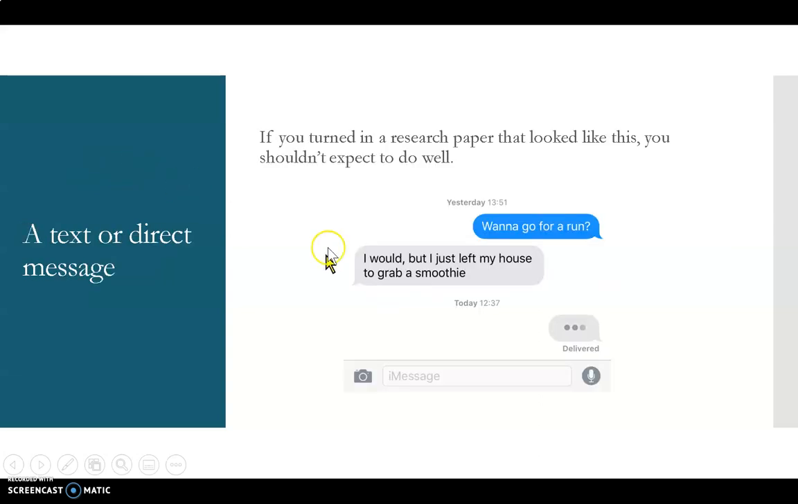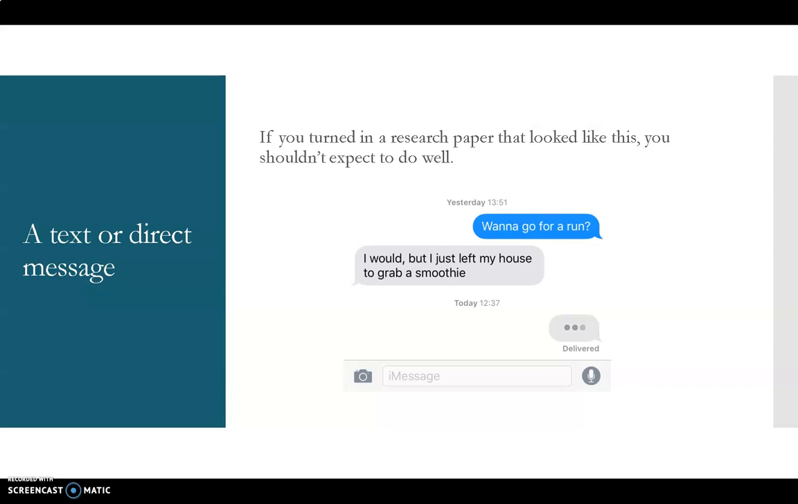So if you wrote a research paper that looked like this, you shouldn't expect to do well on it. Or if you wrote a resume that looked like this, you shouldn't expect to do well on it. Because one of the things that we know about writing a text is that we are often very brief, not a lot of greetings, not a lot of extraneous information. We also use slang and shorthand. So if you'll notice in this one, it says, "Wanna go for a run." That's informal language that we use in casual conversation, but that kind of language is not appropriate for a research